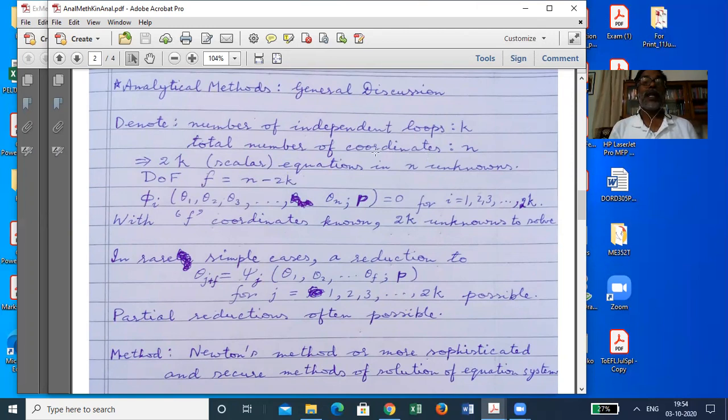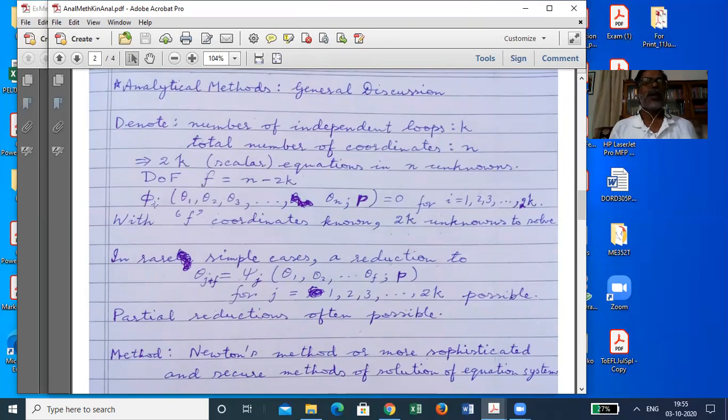If n happens to be less than 2k, that means the degree of freedom is negative, and that means it is not only a structure, it is a statically indeterminate structure. So for a mechanism, f is typically positive, so n is larger. Whatever is the difference, that is the degree of freedom, that many inputs you need, and that is why for solution of the position equations you need to specify that many variables.